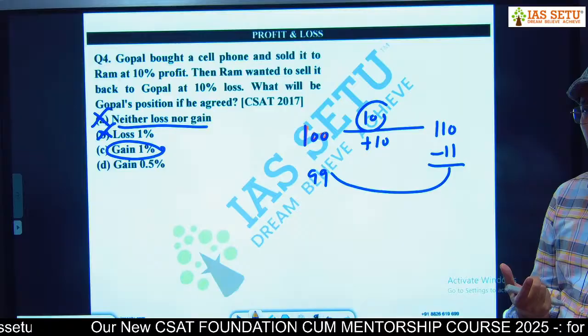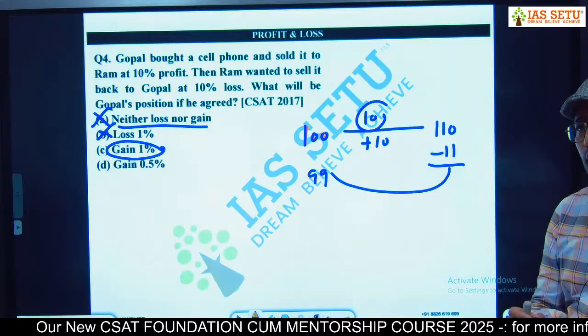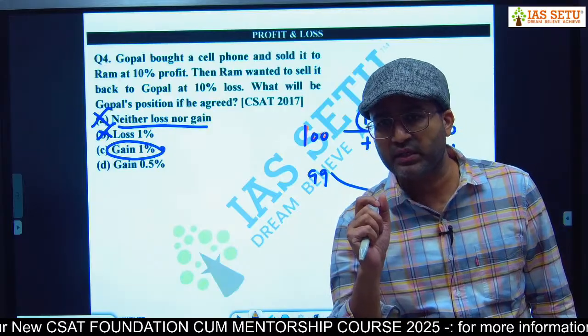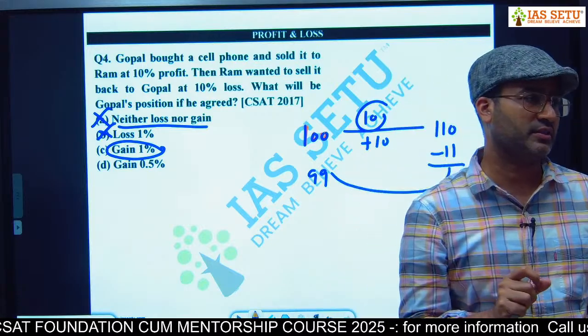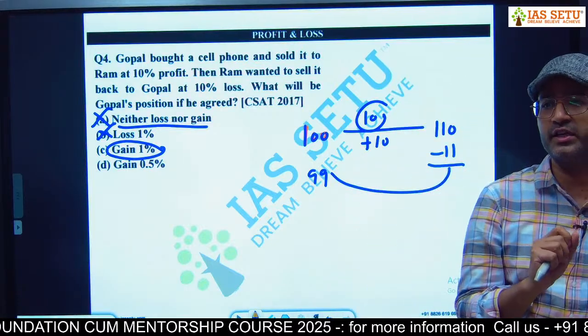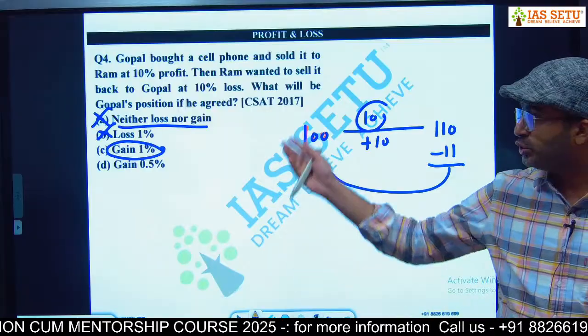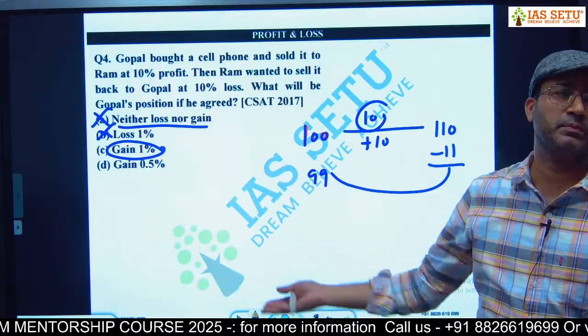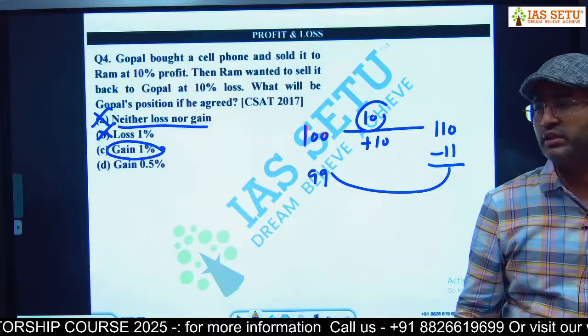ठीक है। तो क्या फायदा हो गया उसको, उसको आइटम भी वापिस मिल गई और 11 रुपए भी बच गए। उसको 11 रुपए का प्रॉफिट है एक्चुअली देखा जाए तो। बट आंसर ऑप्शंस ऐसे हैं कि हमें गेन 1% ही मार्क करना पड़ेगा, वी हैव टू मार्क ओनली गेन 1%।